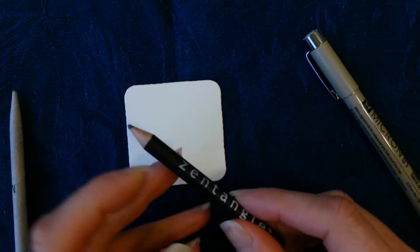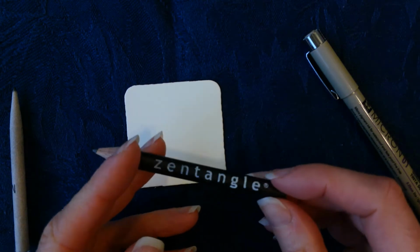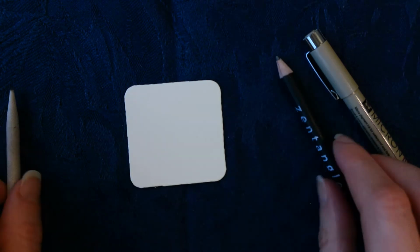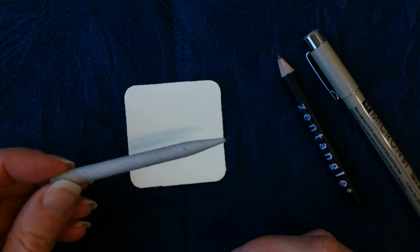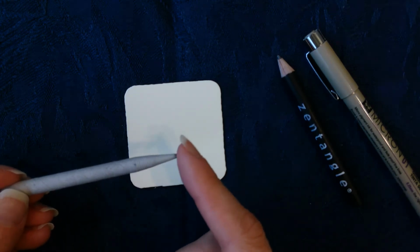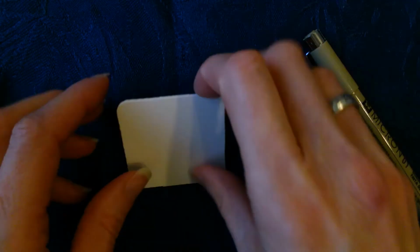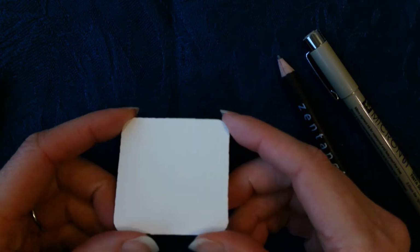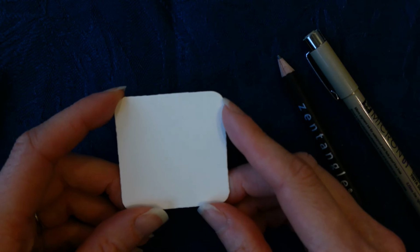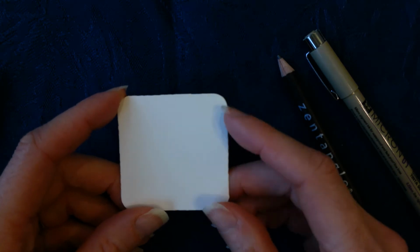to be working with. I also have a Zentangle, official Zentangle pencil, which is quite small, as you can see. And this is a tortillon, also known as a blendy tool. You can see mine's a little dark at the tip because I've used it before. Today I'm going to be working with a small tile. It's called a bijou tile. It's not a full-size tile, because I don't want to take as much time as it would take to fill